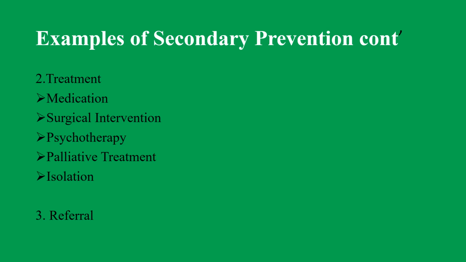Those who need surgical intervention can undergo surgeries. Those with mental illnesses or mental conditions can benefit from psychotherapy. Those with cancers, for instance, can benefit from palliative treatment. And those with infectious diseases can be isolated in isolation facilities to prevent them from